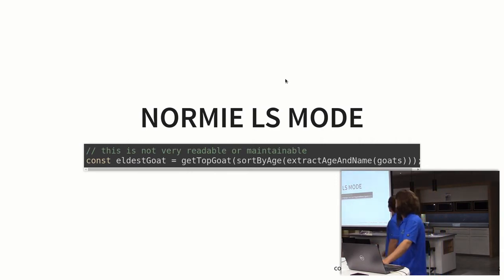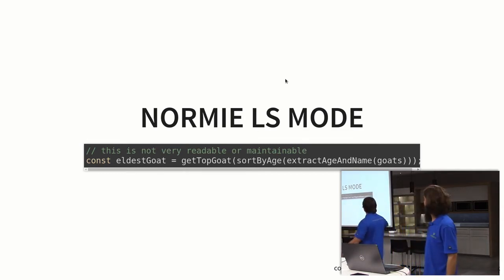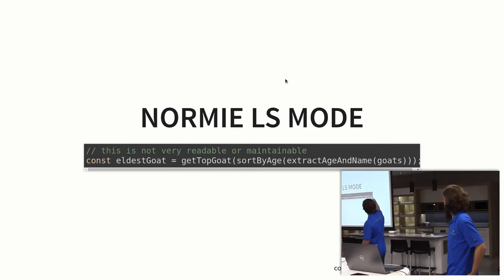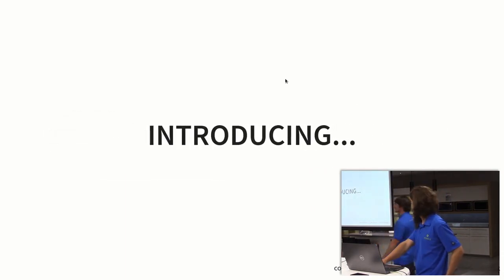Cool. So in this example, we've just got normal JavaScript, okay, and we've got nested functions here. Now the big thing is that we're composing functions together, but it starts to get really messy, difficult to understand. You can see our input coming in here as goats. It's just horrible. Okay. So now this is where we introduce